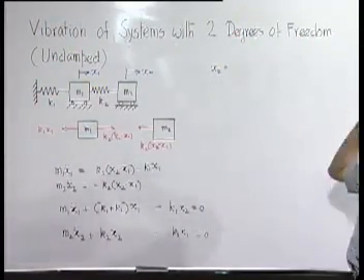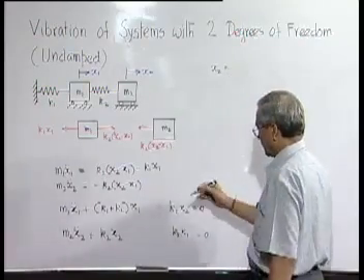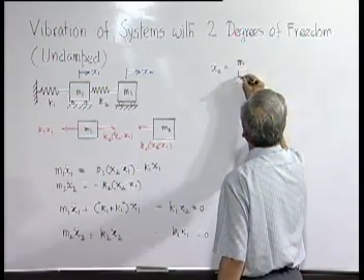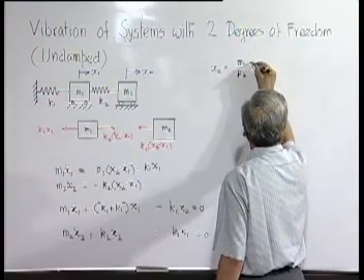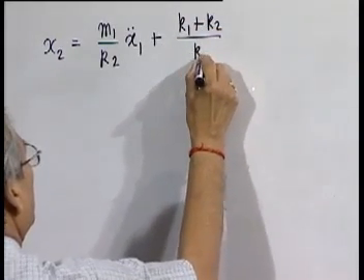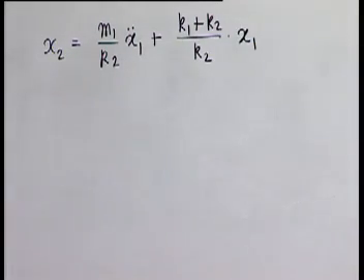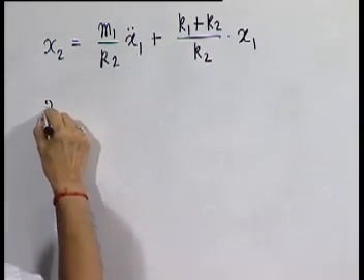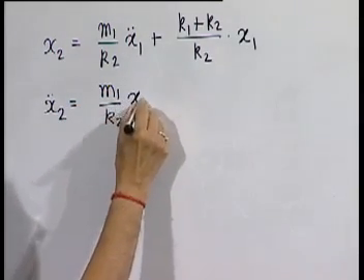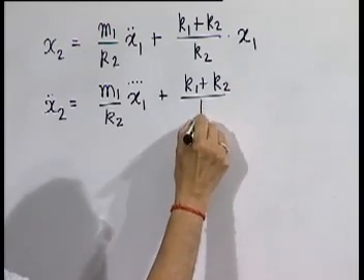Now from this we can see, we can express x2 in terms of x1 and x1 double dot. So let us write x2 in terms of x1, because this is a case of simultaneous differential equations with 2 unknowns or 2 variables, and let us put it in a solvable manner by eliminating one. x2 if we write in this, it will be m1 ... So, x2 is this much